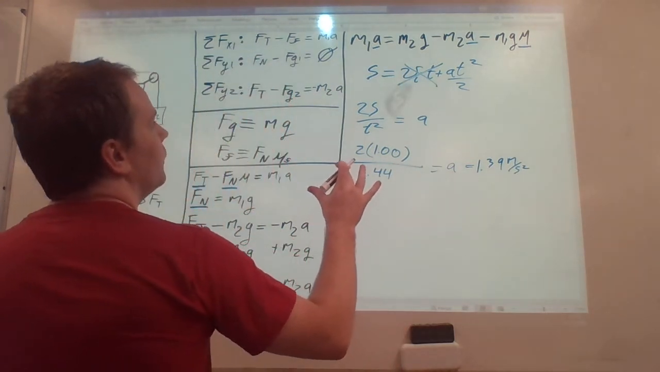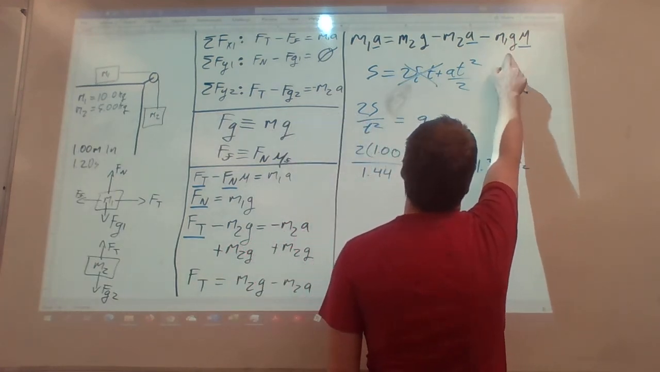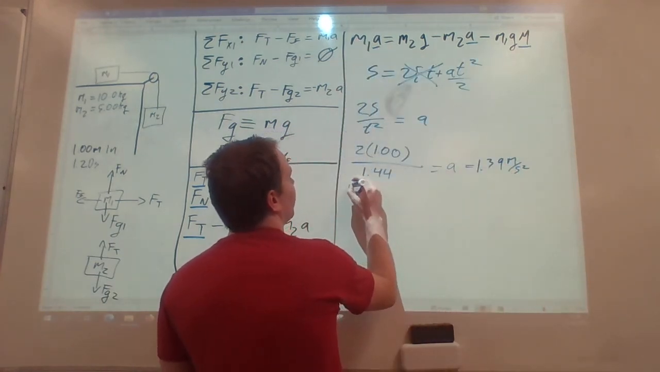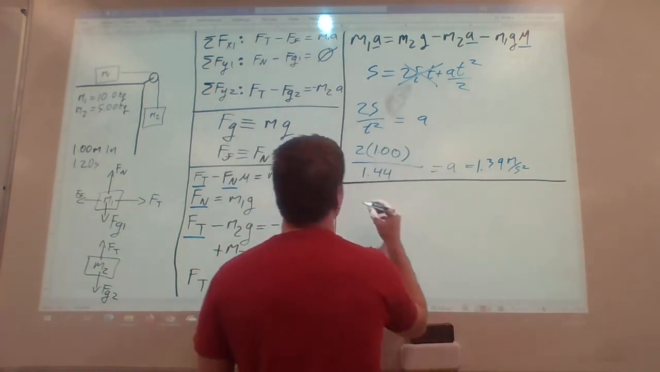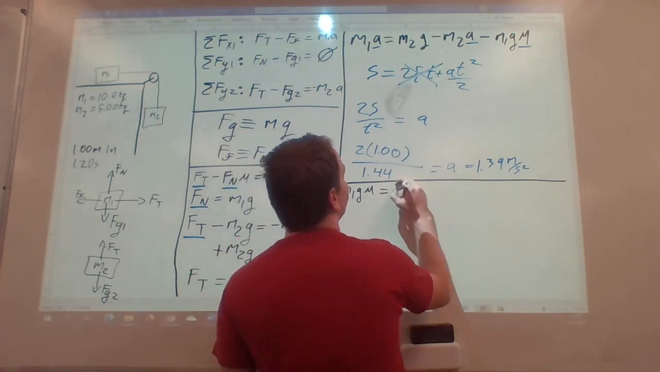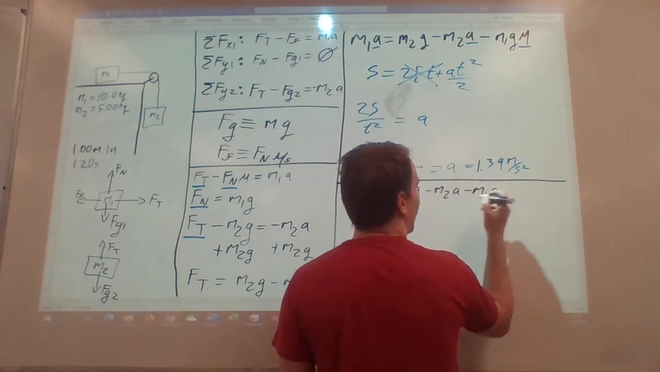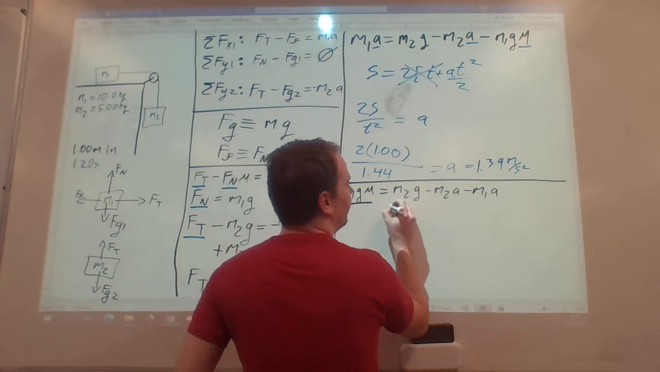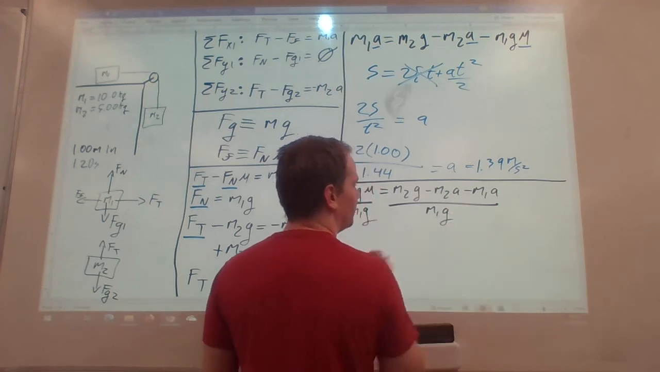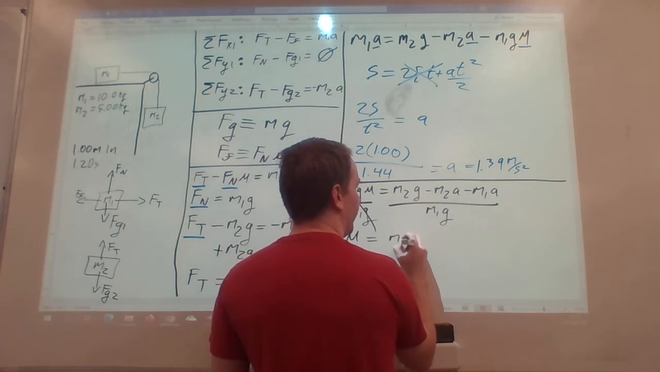So first thing we want to do is make this term positive, just to make our lives easier. So I'm going to move this to the other side and this back to this side, which is going to give us M1 g mu equals M2 g minus M2 a minus M1 a. And then I'm going to divide both sides by M1 g. So mu is equal to M2 g